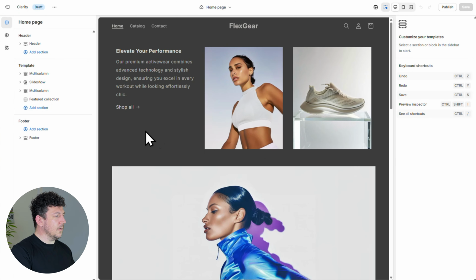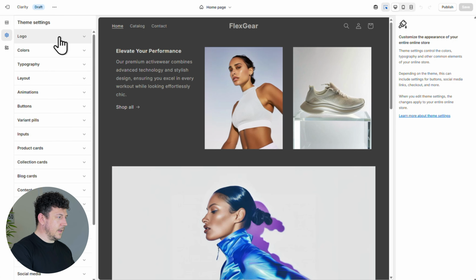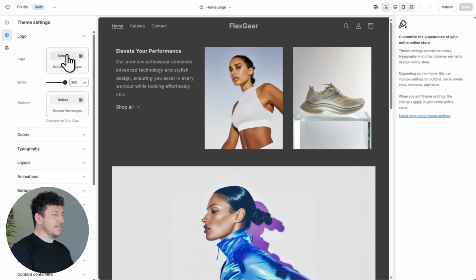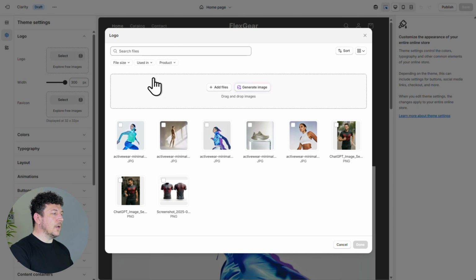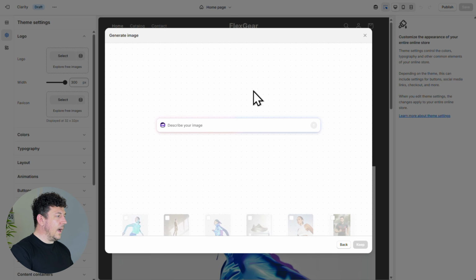Let's start with the logo. On the left, click Theme Settings, so this little cog icon here, and next to logo, hit Select. So if you already have a logo, go ahead and upload it here, or you can let Shopify's AI generate one for you. So for my logo, I'll just put